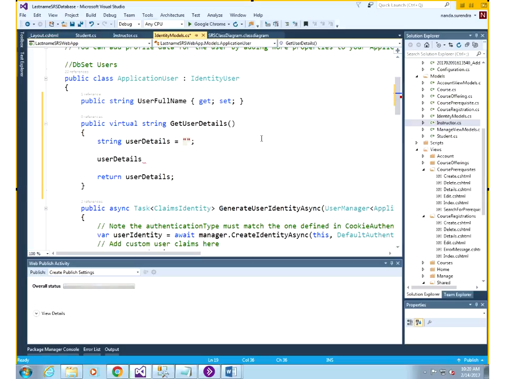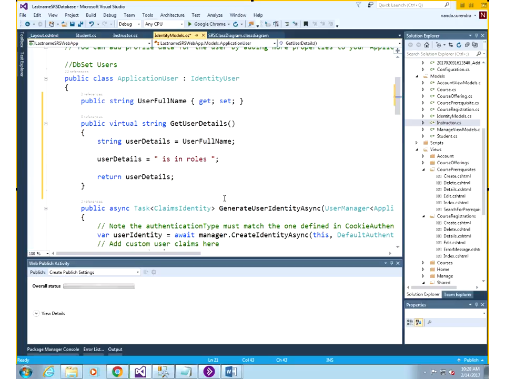Actually, I can do it even simpler. I want the full name of the user, so I always will get that. So I'll get this user full name and then I will say user full name is in roles,